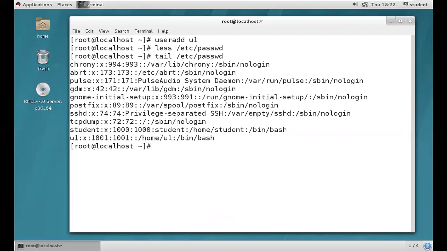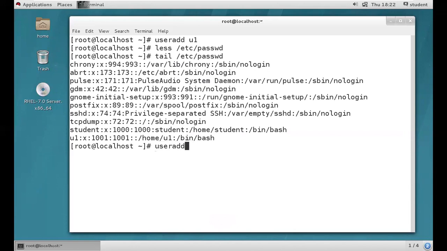Because while you are creating the user account, those user-related properties are going to be appended into the /etc/passwd file. So it is better to use the tail command. Got it, guys? Now we are creating one more user account, but we are going to change the properties according to our requirement. It doesn't need default properties. We require some different properties. I'm going to modify the properties for this user.